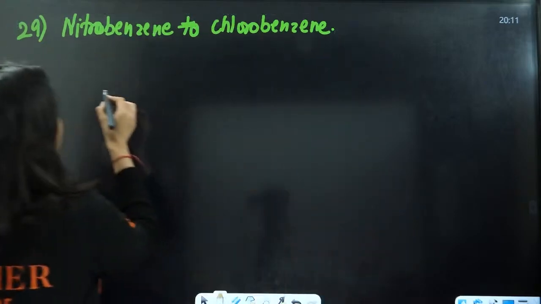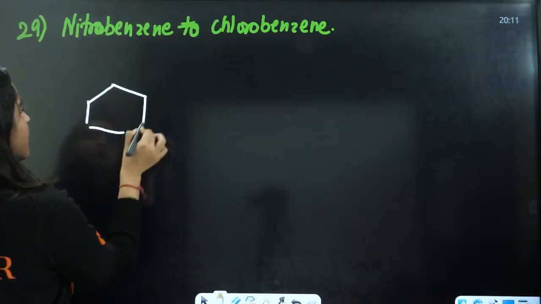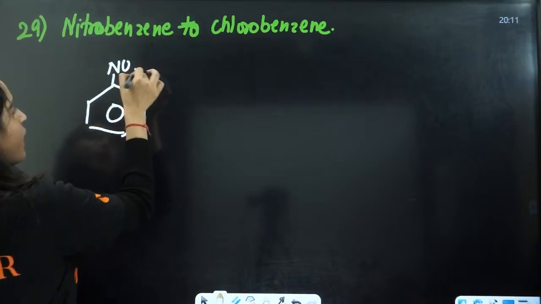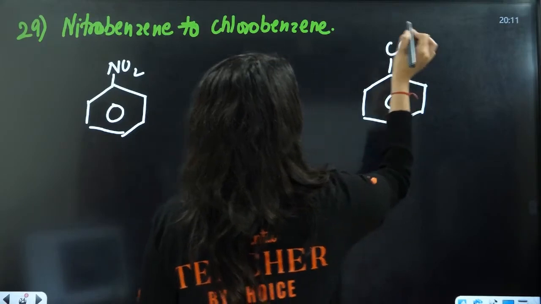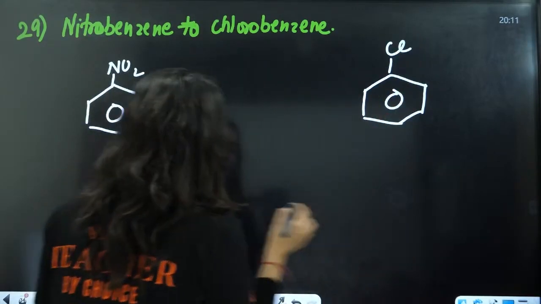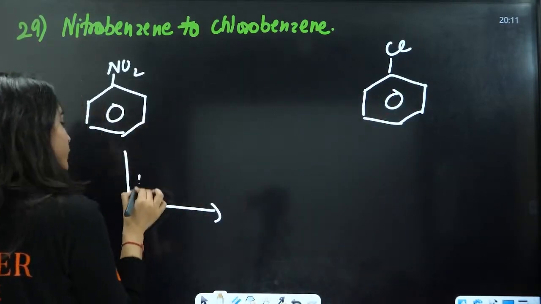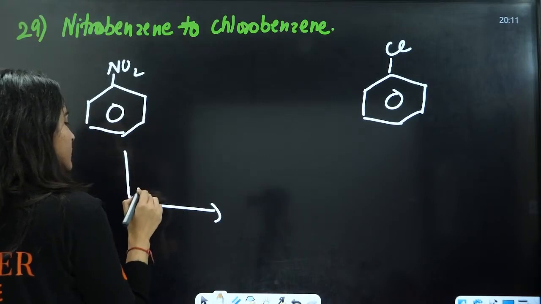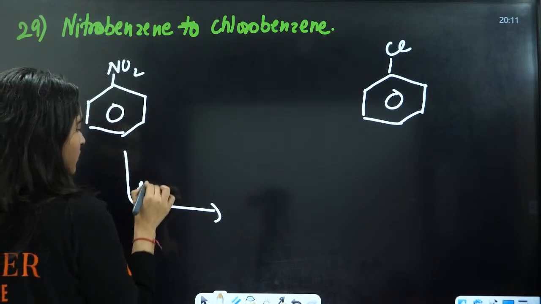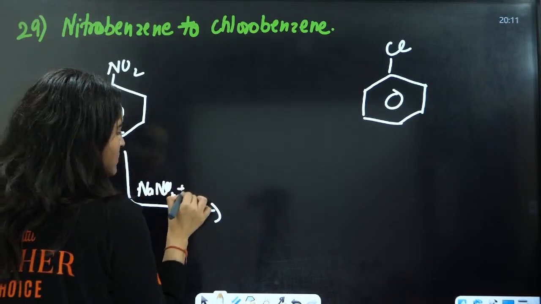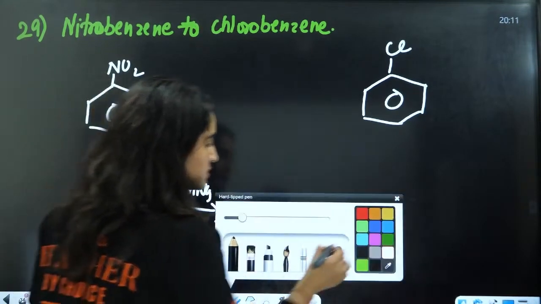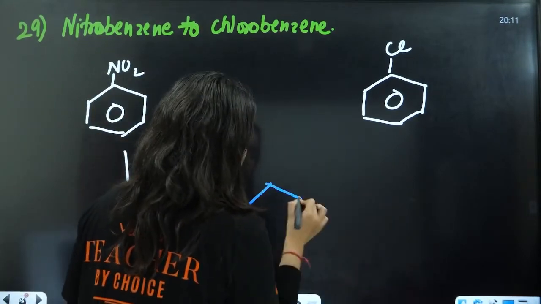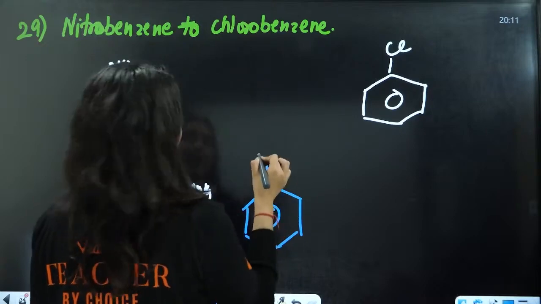Next we have nitrobenzene to chlorobenzene. You have nitrobenzene, and you have here chlorobenzene. How will you do this? Very simple. Firstly, convert it into diazonium salt. Just do the diazotization, 0 to 5 degrees Celsius, and this will be converted into